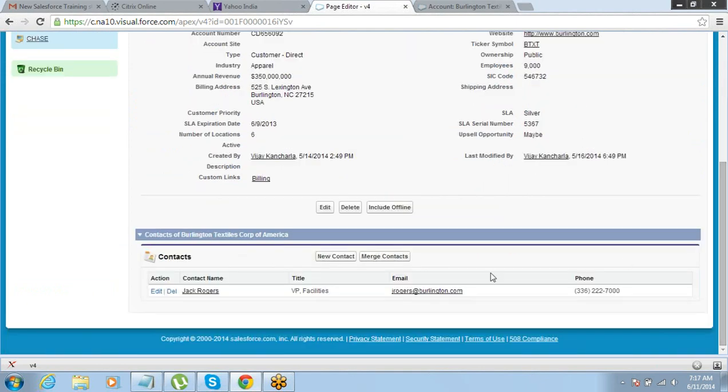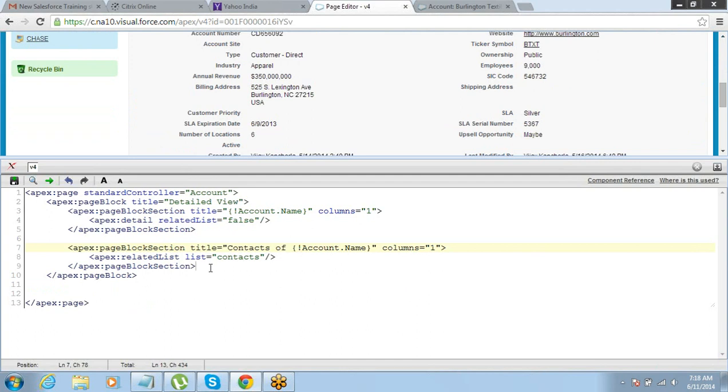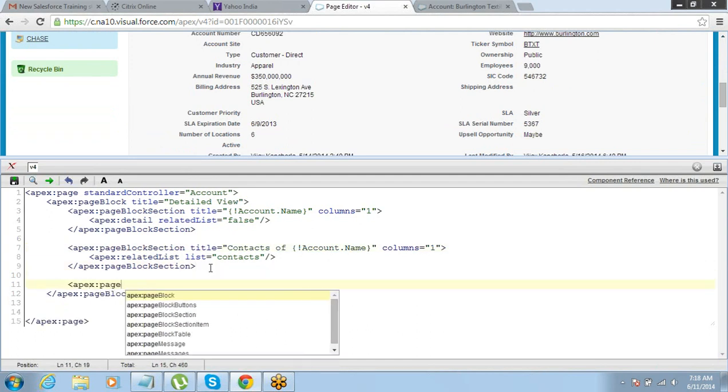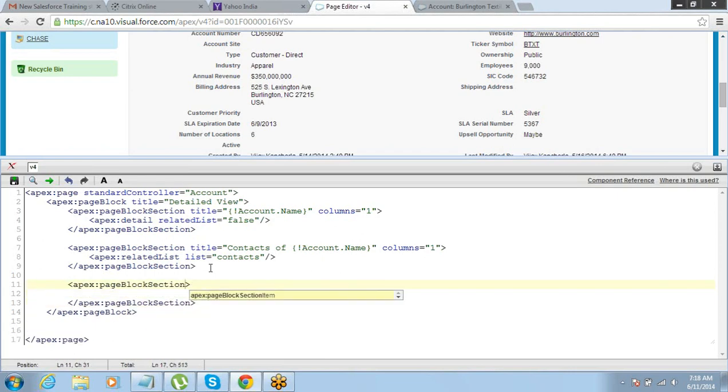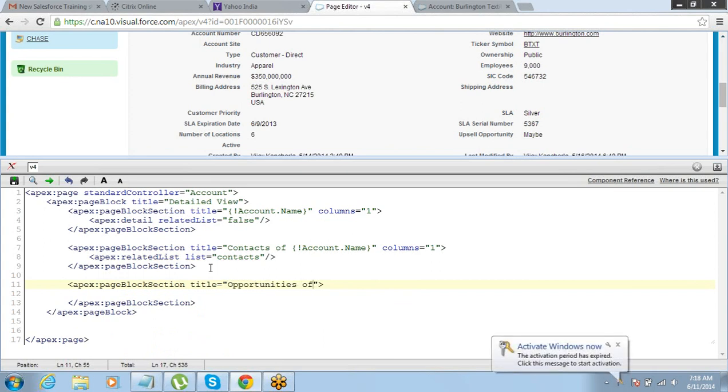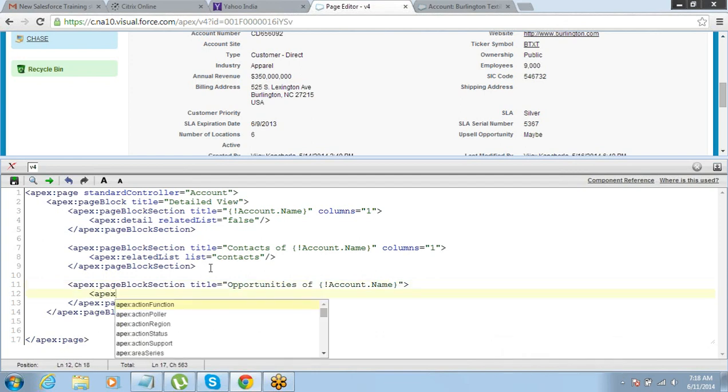Done that. Same thing, in case you want to add one more related list to show opportunities for the same thing.